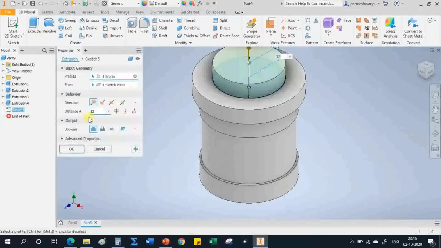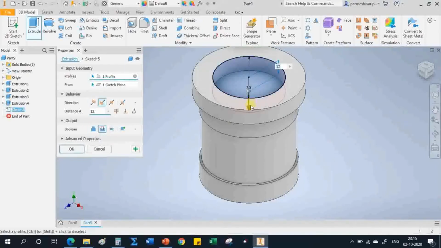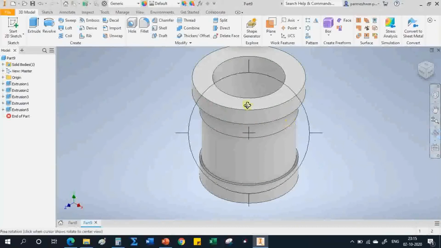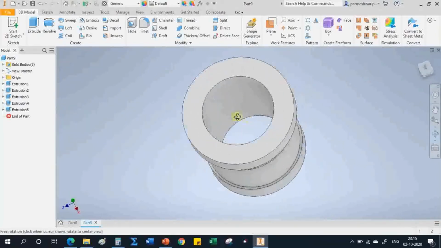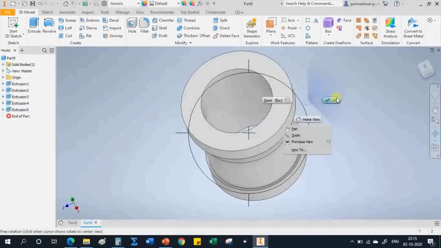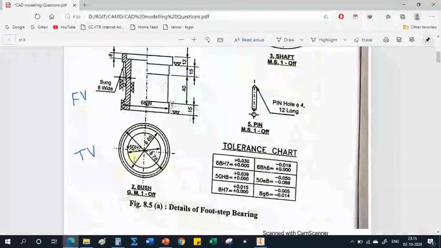But now we have to remove the material throughout, so select this as a cut and drag it up to the bottom side like this. Okay, click OK. So if you see here, it is like this, right. Later on here there is again a 65 mm hole, right.